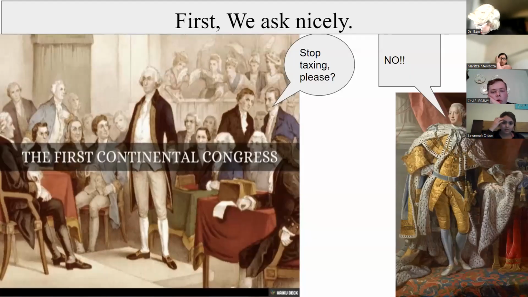Okay, so we have this thing right here. This is just something we use to help the kids kind of remember. The First Continental Congress, the colonists are getting together. We're getting about 12 out of 13 colonies sending representatives. Georgia does not send anybody. They come together in